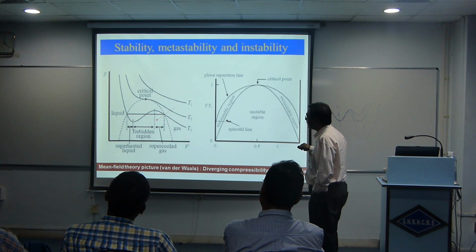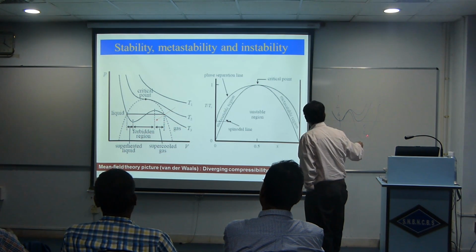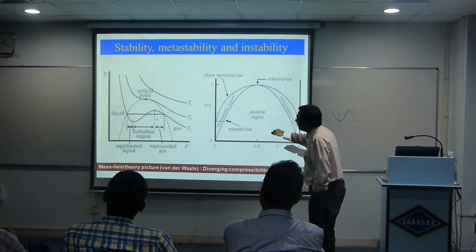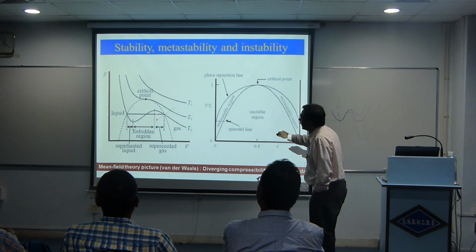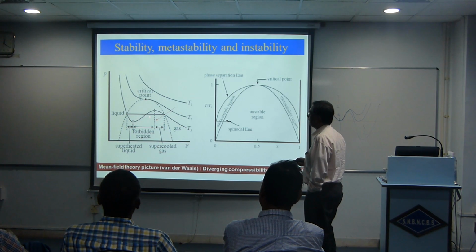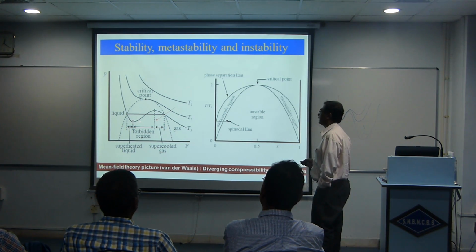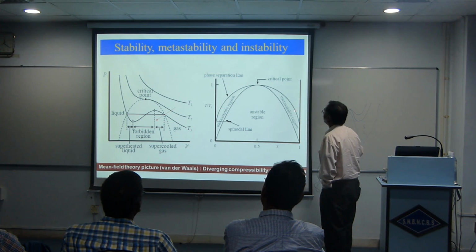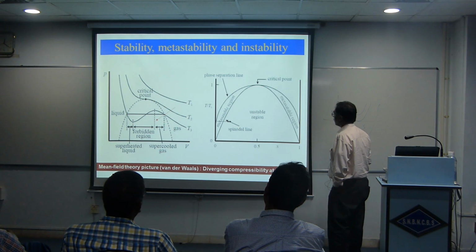It is in this region that my picture here holds, that this one, liquid, is more stable than the gas. Similarly, in this region, gas is more stable than the liquid, and there is the case where the volume increases as I increase pressure. This is the unstable region. This is the spinodal region, which I have now given in the more common phase coexistence diagram,